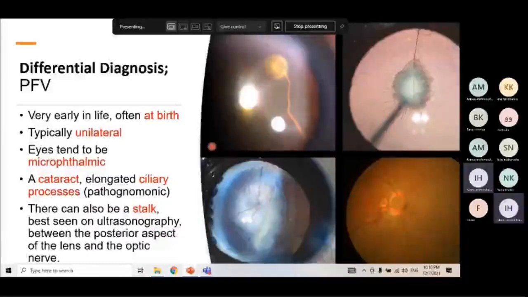And usually the globe is microphthalmic, it's smaller in size, and usually it's present at birth and not shortly after birth. Usually it's unilateral. So if you find those things, you think more about a persistent fetal vasculature rather than a retinoblastoma, and it's still presenting with leukocoria, but it's not due to retinoblastoma. Here there are what are called the elongated ciliary processes. So those are the ciliary processes here, if you can see them. If you look and find those ciliary processes after dilation, this goes more with the persistent fetal vasculature.